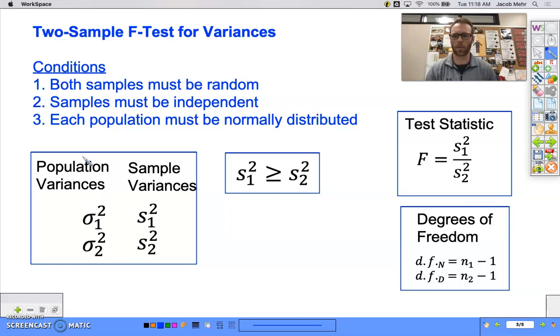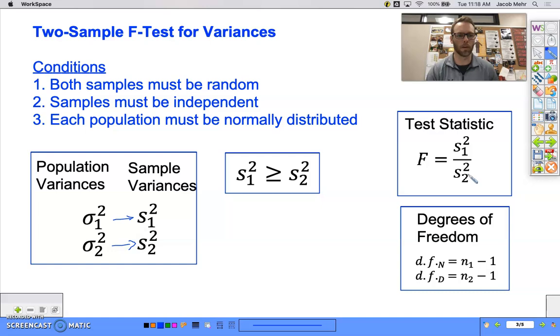So remember, each population has a variance. That's what those are, sigma squared sub 1, sigma squared sub 2. Those are going to be worked with by looking at a sample variance, s squared sub 1, s squared sub 2. Remember what I said on the last page, that we're going to let the variance from the first population be the larger one. Our test statistic, like we saw on our last page, is going to be the larger sample variance over